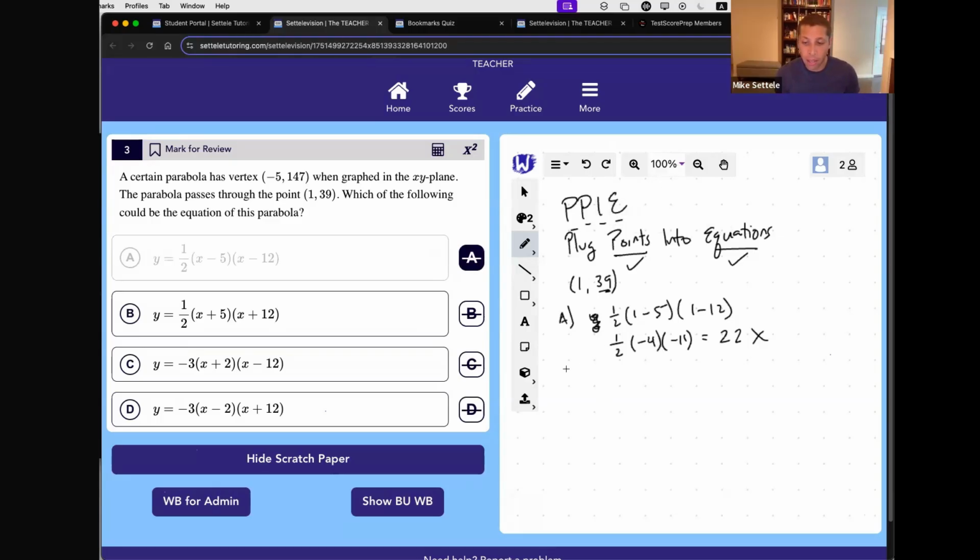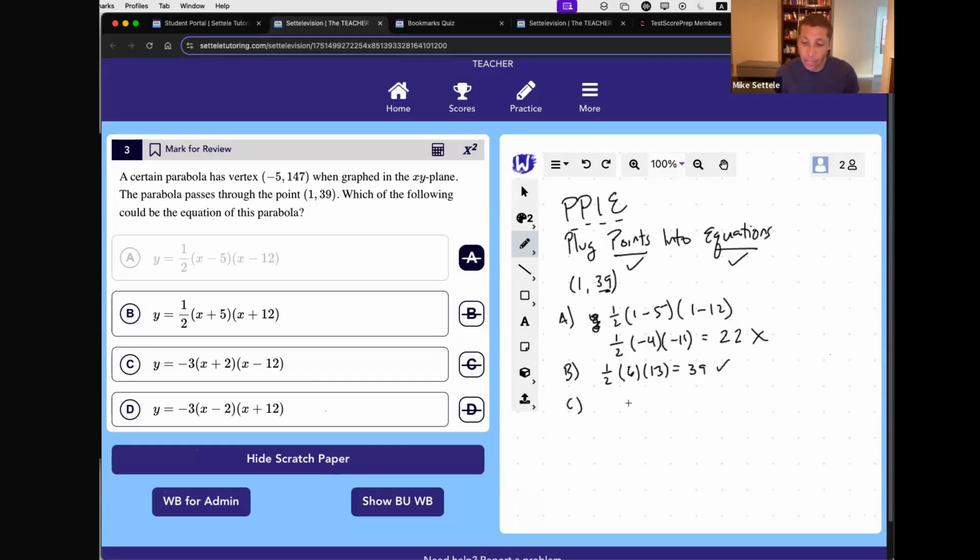And then I'm just going to go down the line. And again, if you have questions, if I'm going too fast, if anything is unsure, just feel free to give me a chat. I can see it all going down in the chat. So that helps me out. So 1/2 of 1 plus 5 is 6. 1 plus 12 is 13. Well, 3 times 13, right? Because 1/2 of 6 is 3, is 39. So that looks pretty good.